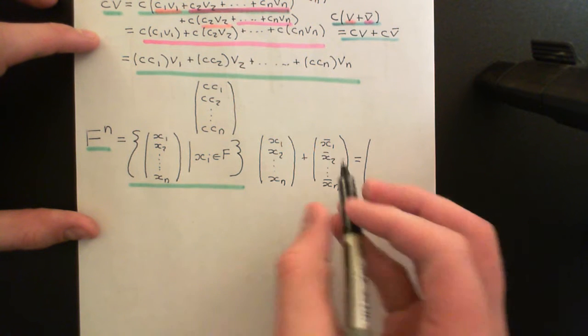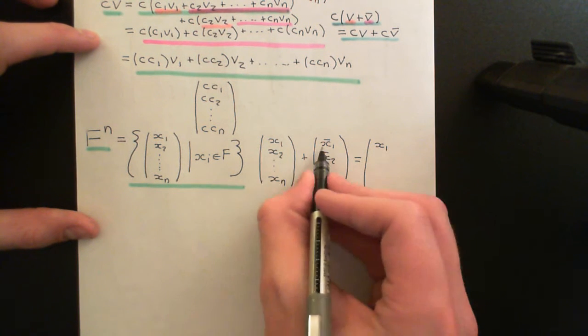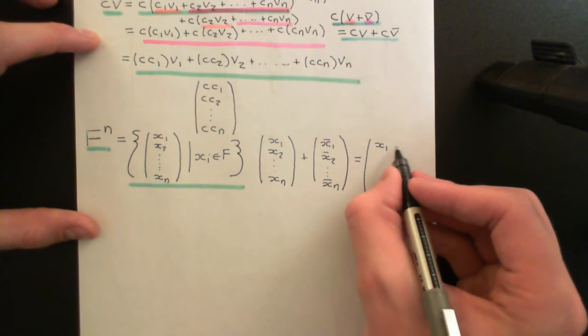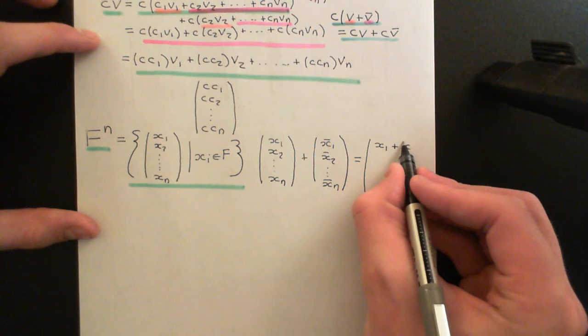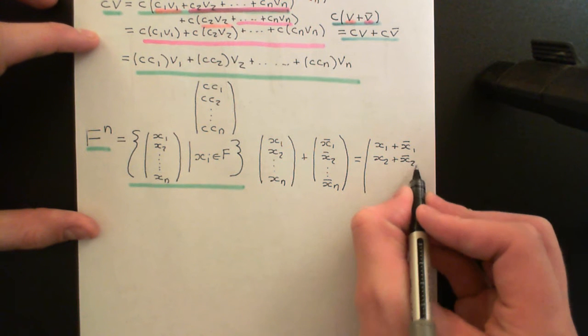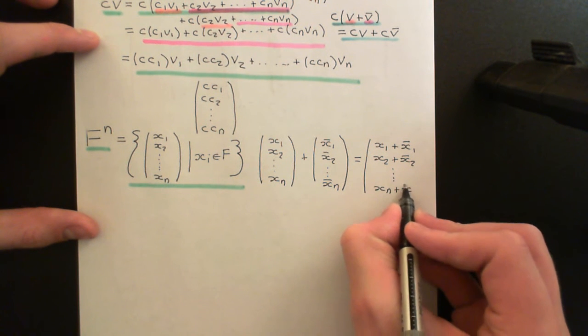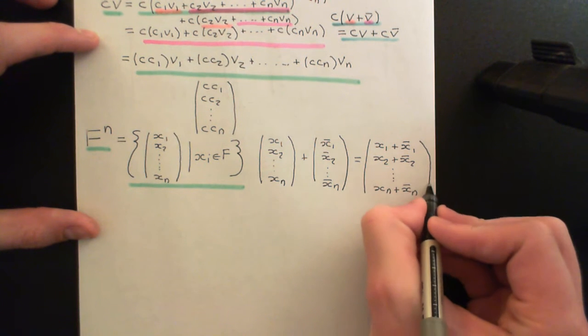I'm going to define it in terms of addition in the field. Okay, so I'm just going to add the components here in these symbols. So I'll add x1 to x bar 1, I'll add x2 to x bar 2, and I'll go all the way down until I add xn to x bar n, like so,